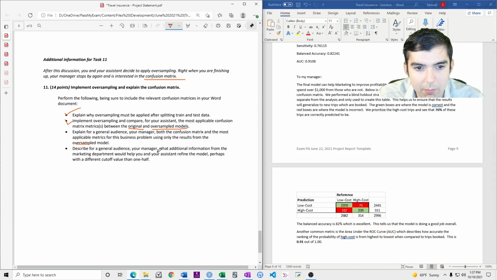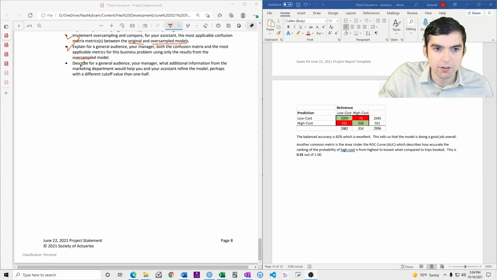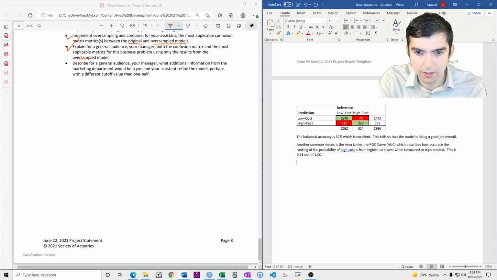Describe for a general audience, your manager, what additional information from the marketing department would help you and your assistant refine the model, perhaps with a different cutoff value than 1/2.